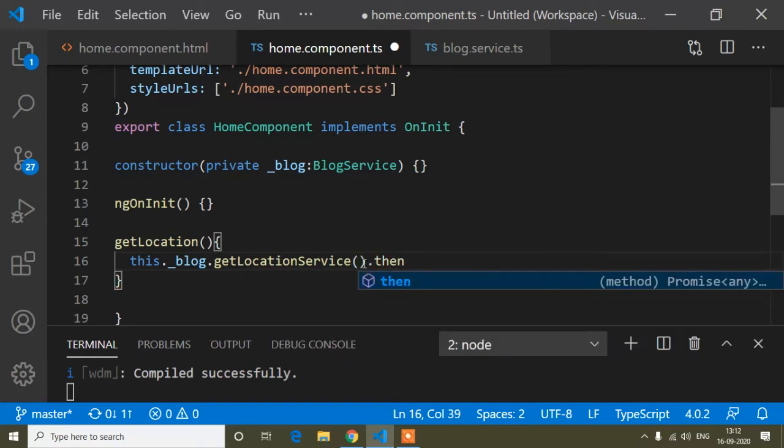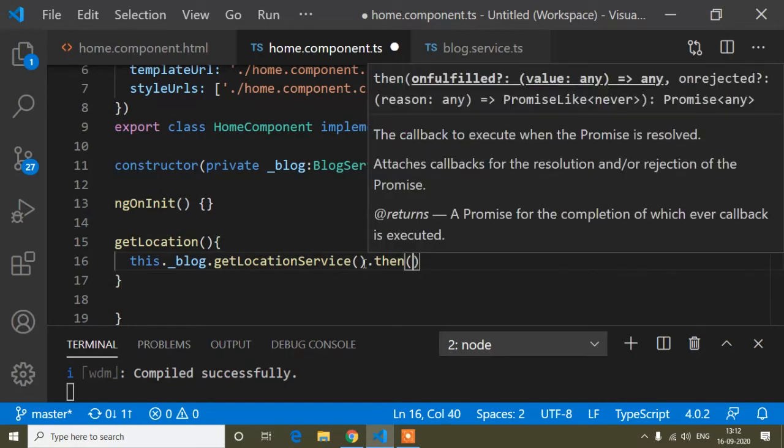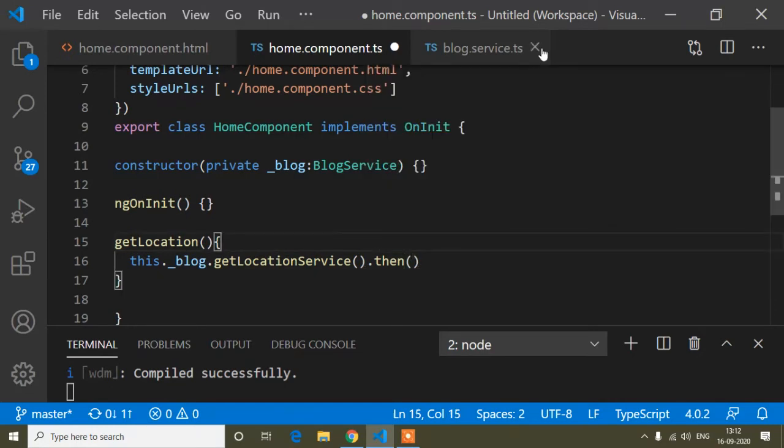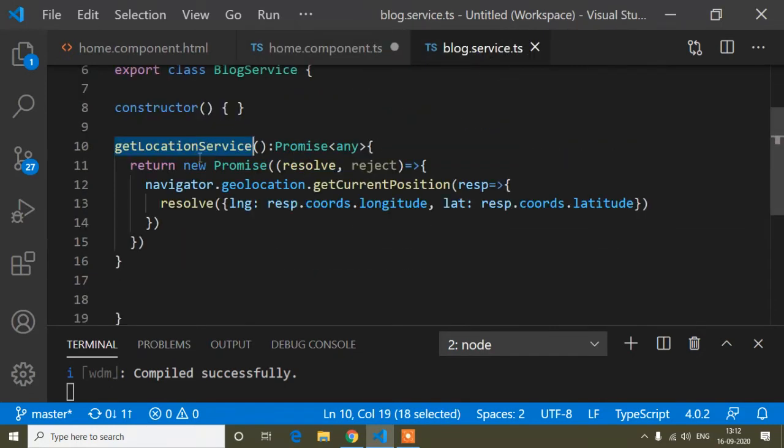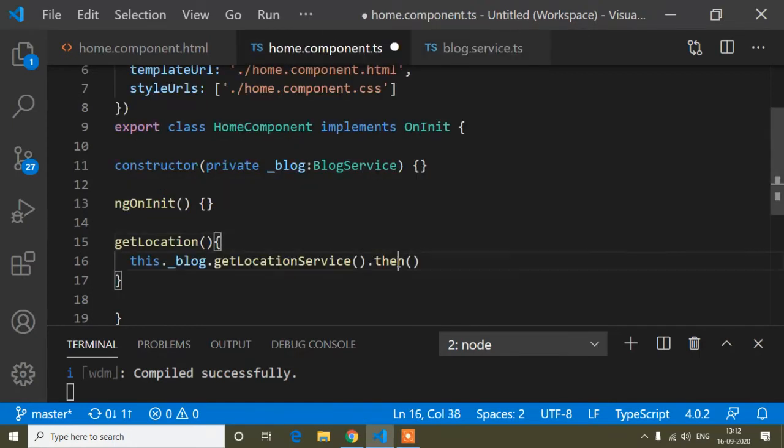then. Why then, guys? When we use a promise, if the promise is resolved, we get the value. We pass the value in resolve and we get the value in then.